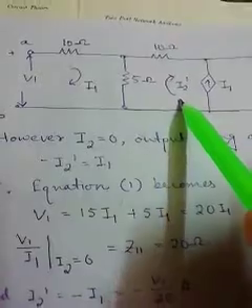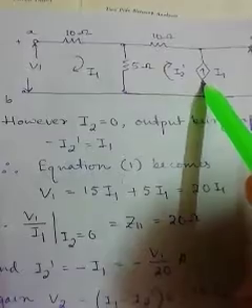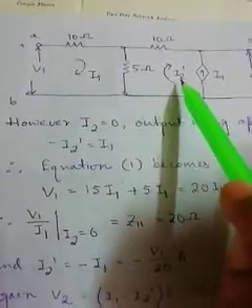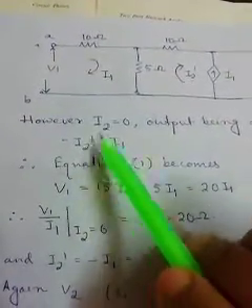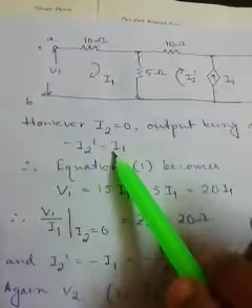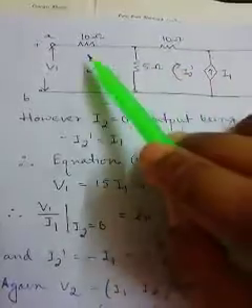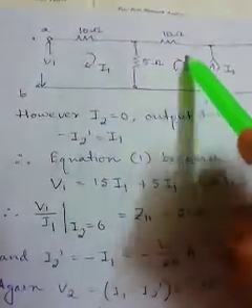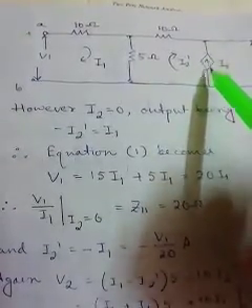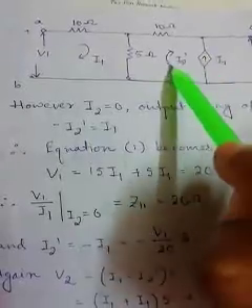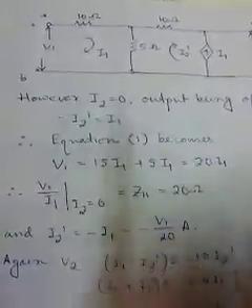Now in this loop, one dependent current source is already present. In a loop, never more than one current can exist, so we have to assume that minus I2 prime equals I1. Why? We are assuming the same direction of current flow in these two loops. Here I1 direction is this way, and I2 prime direction is also this way, but the original direction of the dependent current source is upward. So these two current directions are opposite to each other, for which we write minus I2 prime equals I1.